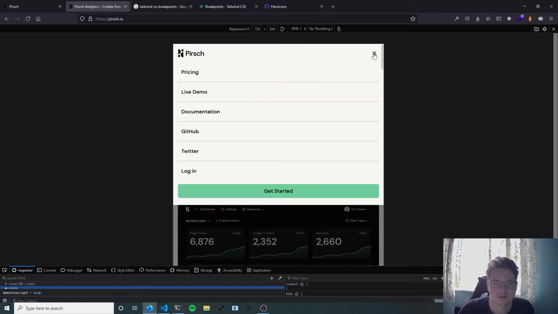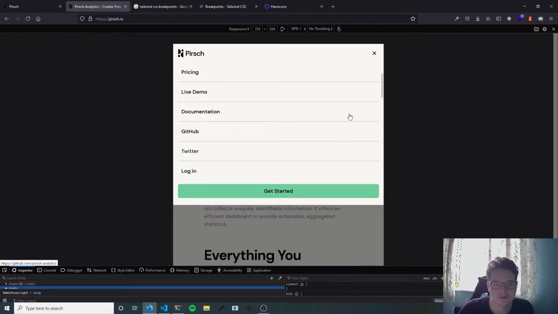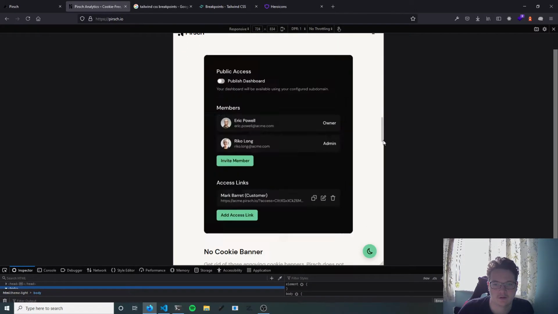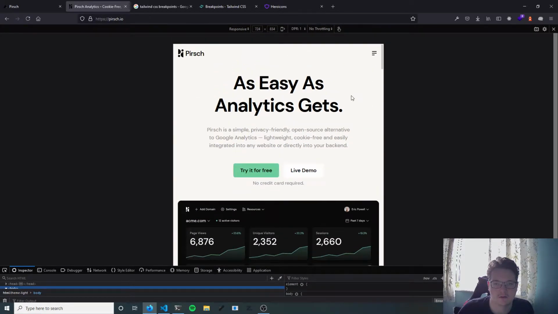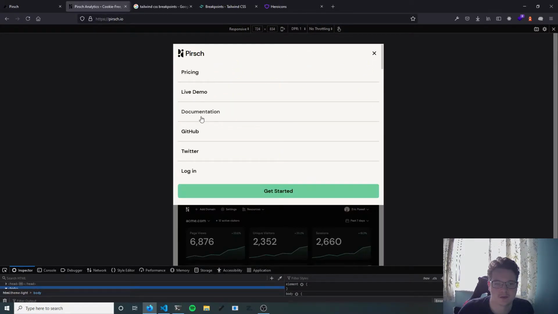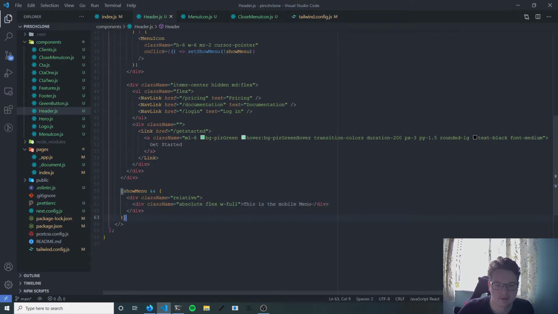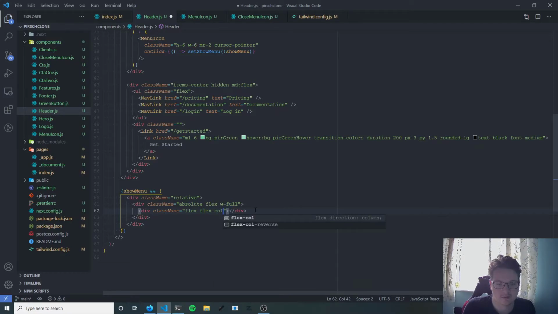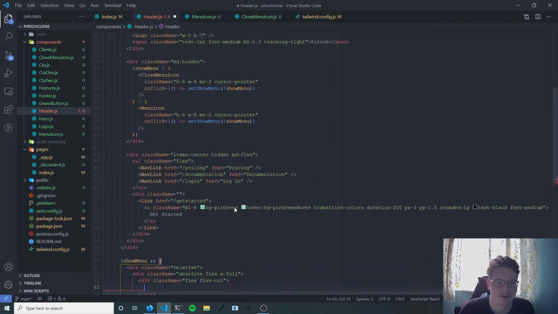So let's have a look at what we got. So we got pricing, live demo, documentation, just the same. So we've got these like list items, and we've also got the social stuff drops in. So I think that was in the footer menu before. Okay, so it's still in the footer menu. So pricing, live demo, documentation. So yeah, within this div, let's make another div. Let's make sure that this is a flex div. It's gonna be a flex col, and then